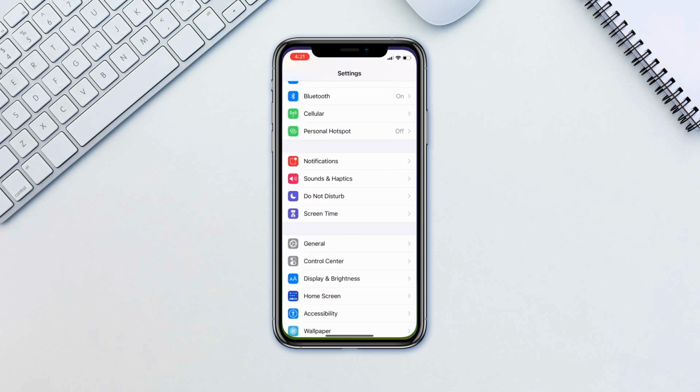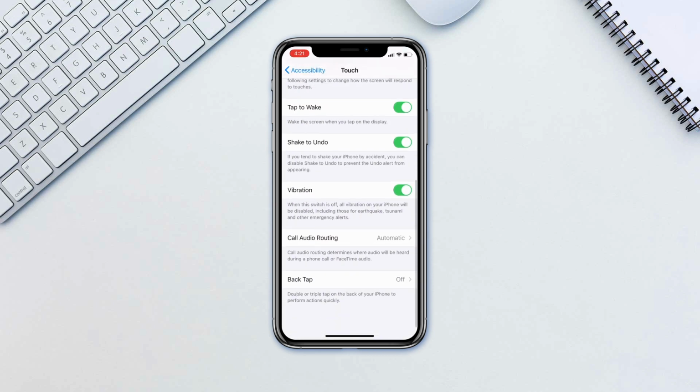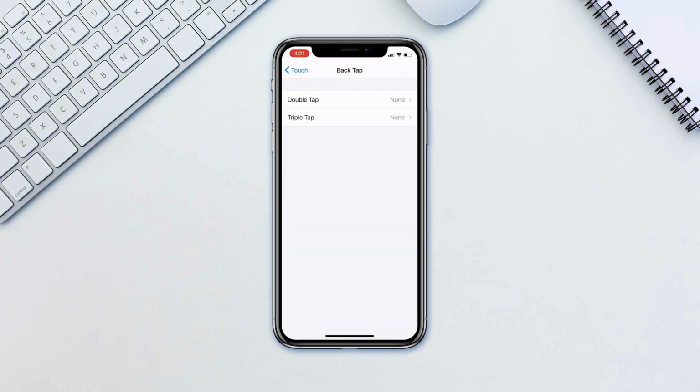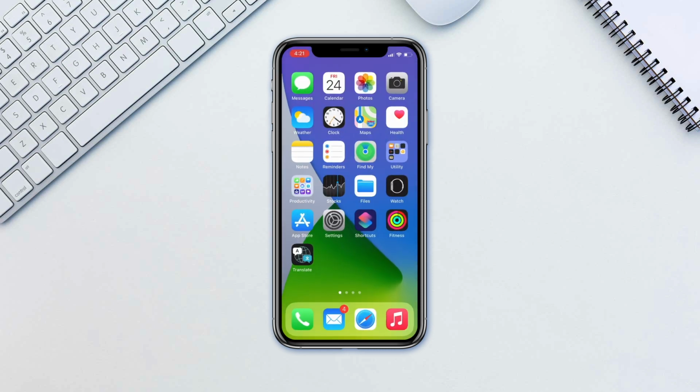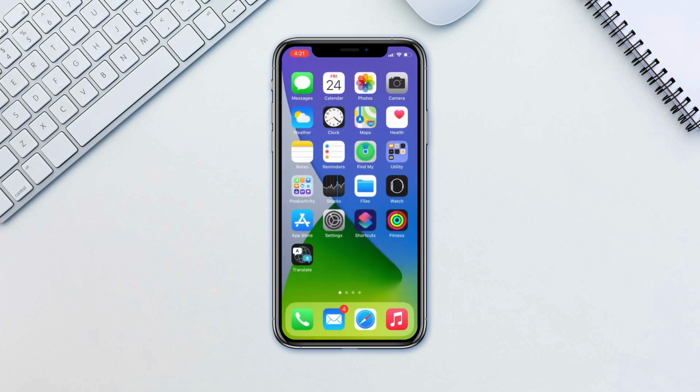Go to Settings, Accessibility, Touch, Back Tap. You have the option of double tap and triple tap. Click on either and select a function that fits your needs. Now simply double or triple tap the back of your phone while using the device normally and the selected action